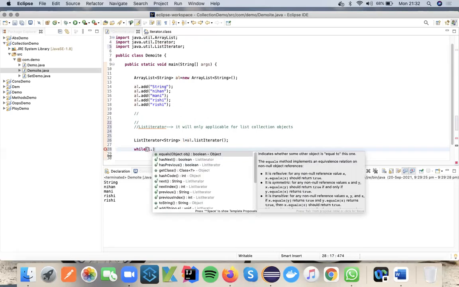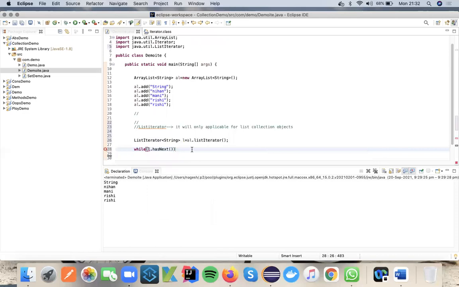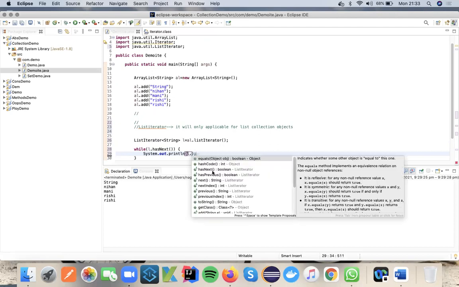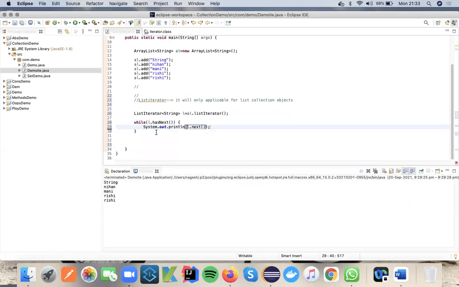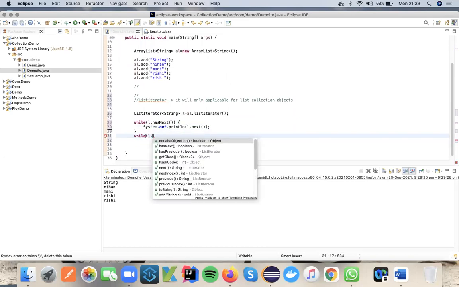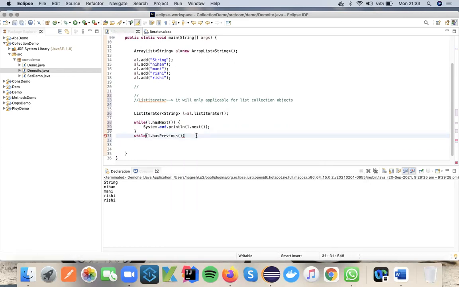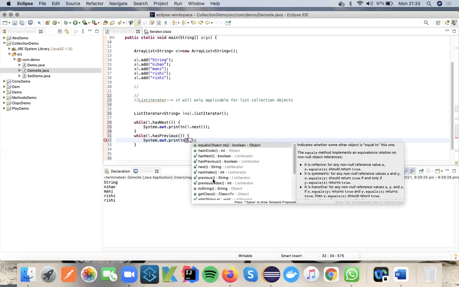Right. Now, while L dot hasNext, System dot out dot println L dot next. Right. So now, while L dot hasPrevious, here System dot out dot println L dot previous.